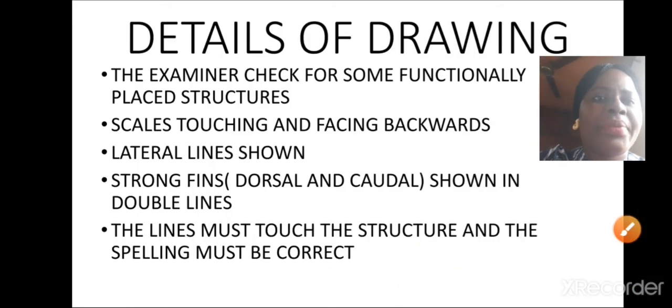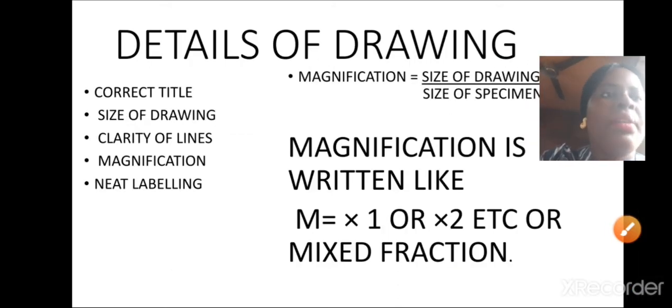Now, let's move on. Magnification, like I said earlier, is the size of drawing over size of specimen, and it must be written like this: M is equal to times 1 or times 2 or times 3, etc. Or mixed fractions like half, 1/2, or 1